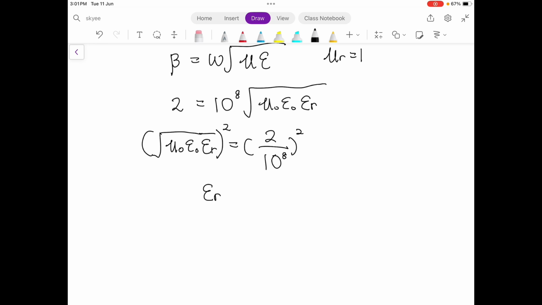So epsilon r is equal to this one divided by epsilon naught and mu naught. Okay, so epsilon r is equal to 35.6